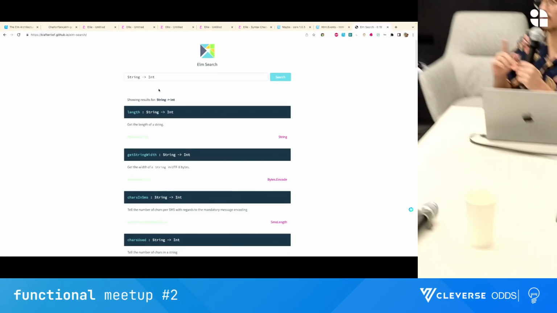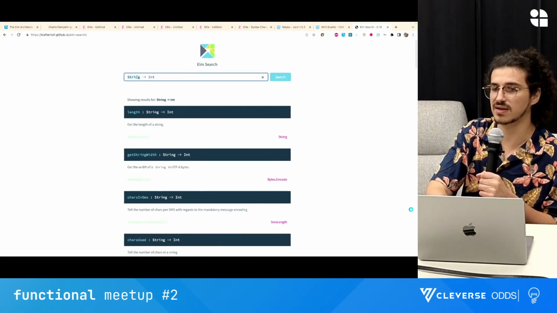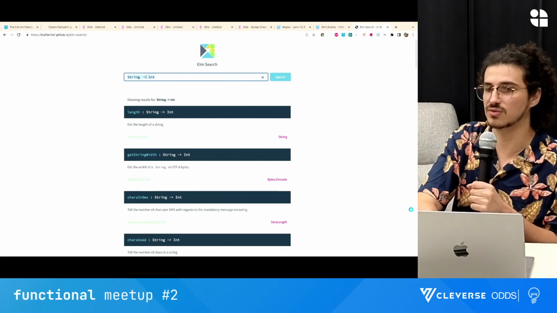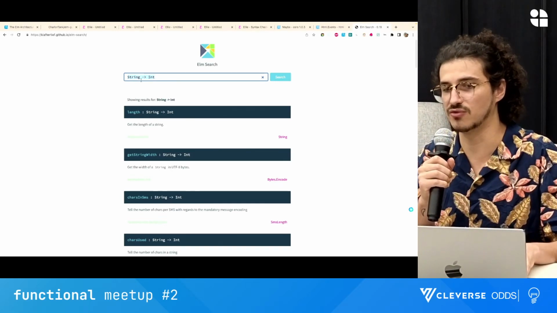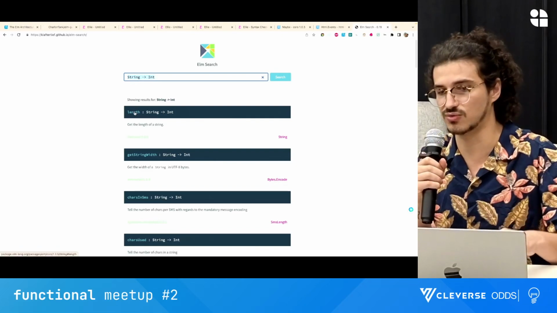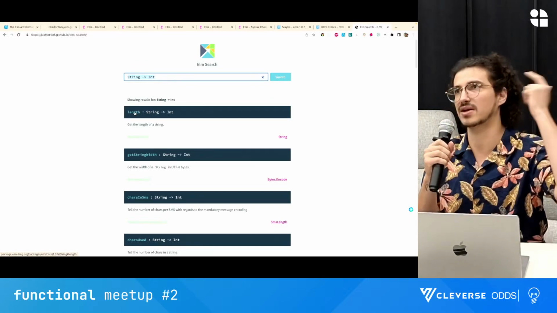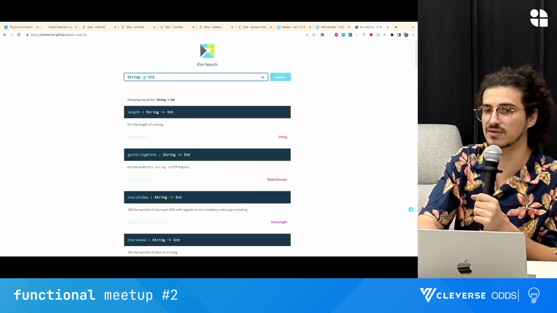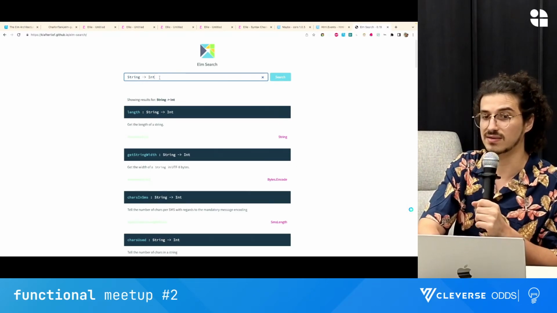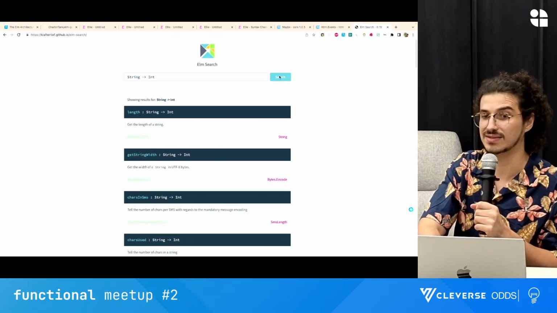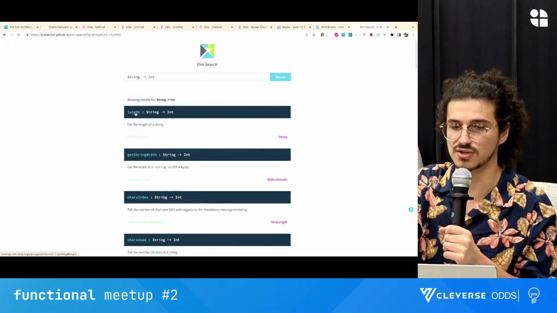Just before doing that, I didn't tell you about search. You type, for example, that you forgot the name to get the size of a string. Oh my god, I forgot. But I know that it returns an int. So I just type String -> Int, and I get the function.